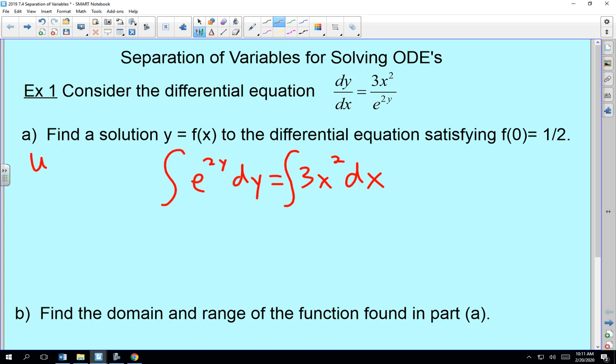You would let u equal 2y, du would equal 2 dy, and you'd have to put a 1/2 out in front. Hopefully we can avoid that with exponential functions. You're going to be integrating a lot of these. So using your u substitution, or looking at it, we've got e to the 2y over 2 equals,